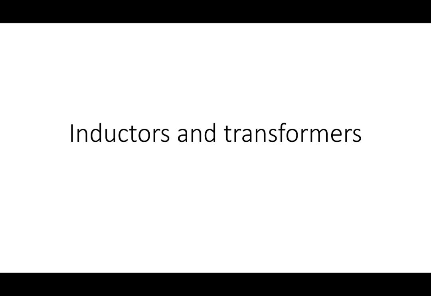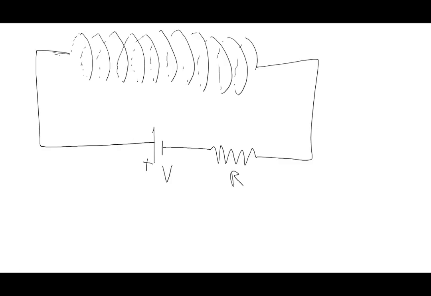Inductors. So an inductor is what happens when you put a coil in a circuit, right? We've kind of taken for granted that somehow we have this coil in space and that somehow there's current going through it. But in order to supply current, you have to include it in a circuit. So how does it actually behave as part of an overall circuit? Well, if you have a voltage like this, then you're going to have some current, which comes in here and goes around the loop like that. As a result of this current, you're going to create some magnetic field, right-hand rule. We get that the magnetic field goes that way,